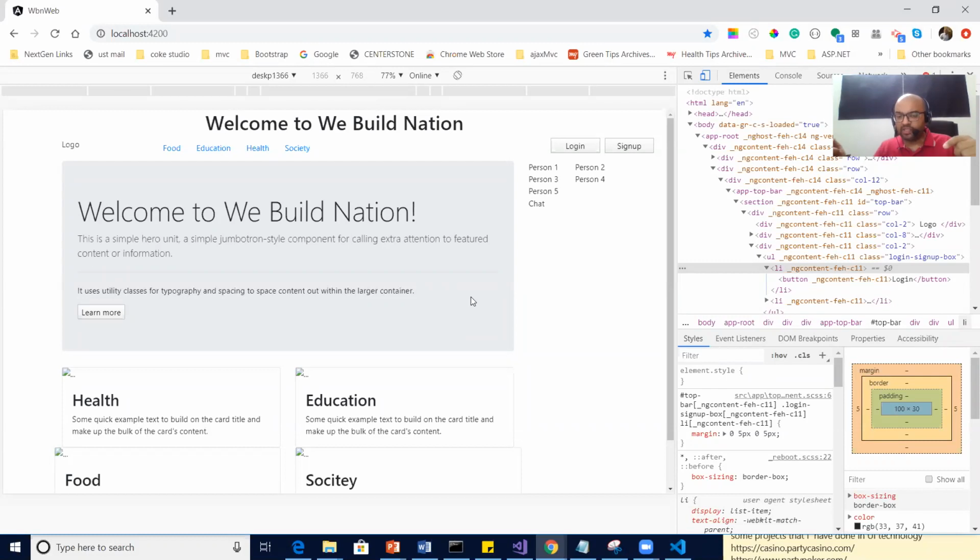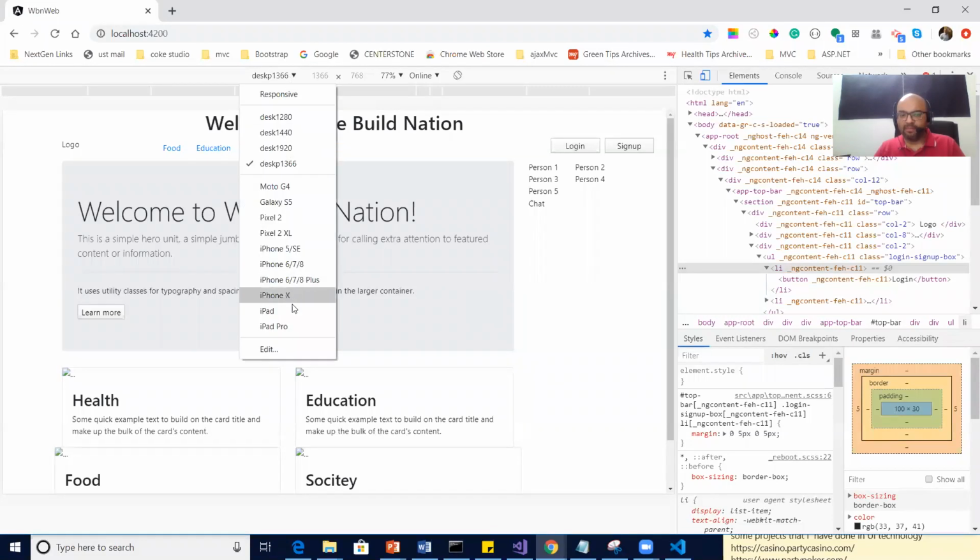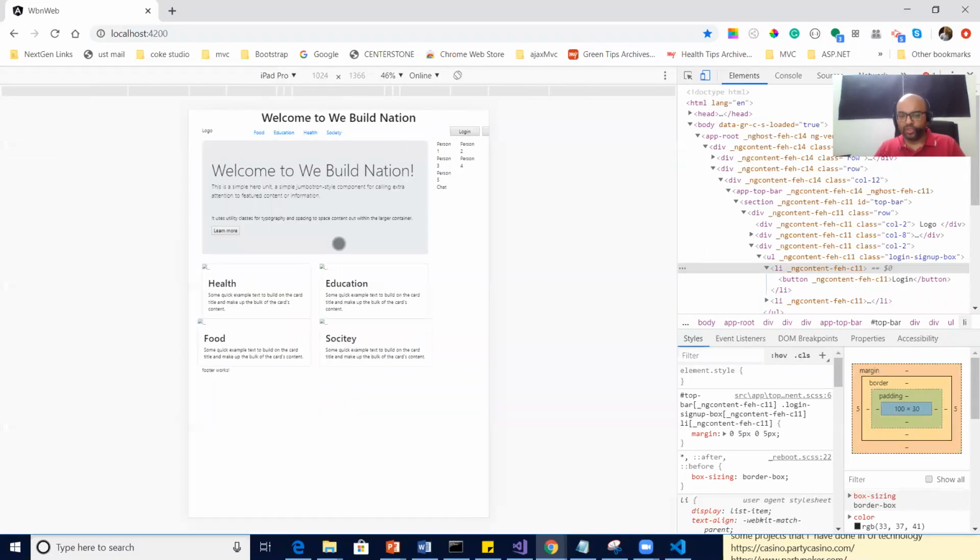We'll see some responsive classes also. Like the same thing when, let's say, we open it in a tab. So as of now, it's desktop mode. Let's say if I say iPad Pro, this is how it is going to look in iPad Pro. In iPad Pro, you may need to give some space to this guy, the right hand side guy, RHS, column 2. Some breathing space. So we will see how we can add specific classes for iPad or phone.